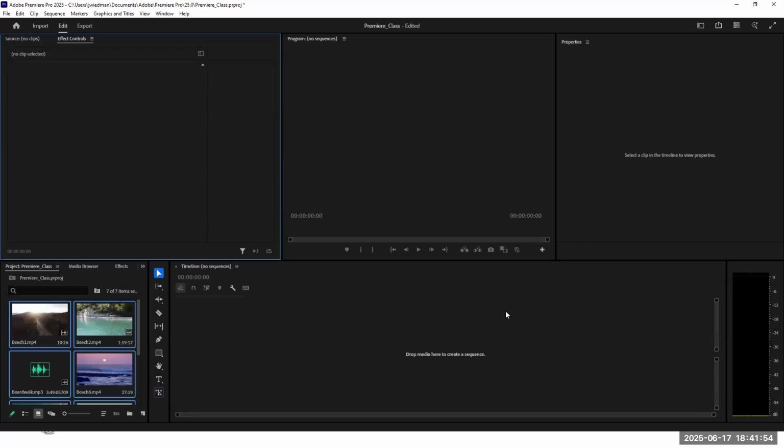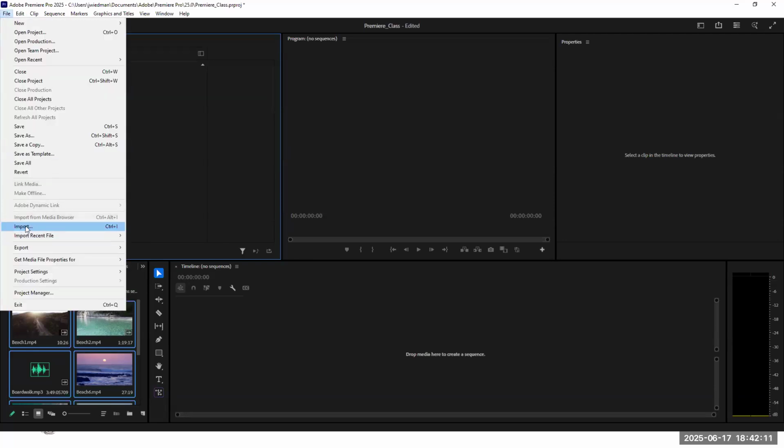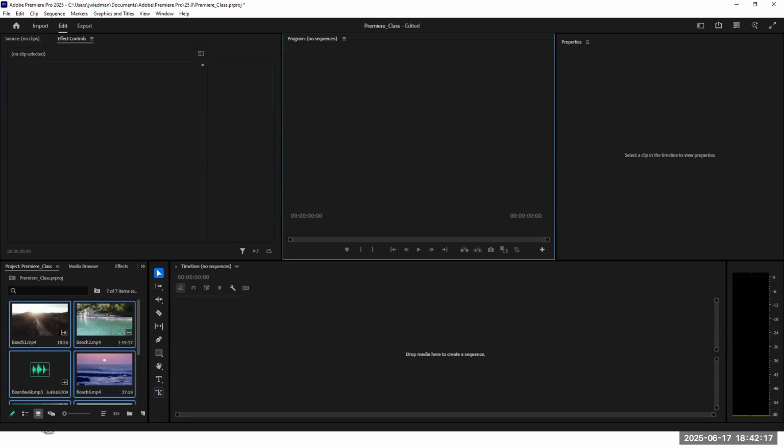If you're working on a project where you didn't have all of your files at the start, or you forgot a file, there are 3 options for importing files once you have reached this workspace. One of them is File, and then down here is Import. Another one is if you click inside the Project panel, which is this down here. So in the bottom left-hand corner,